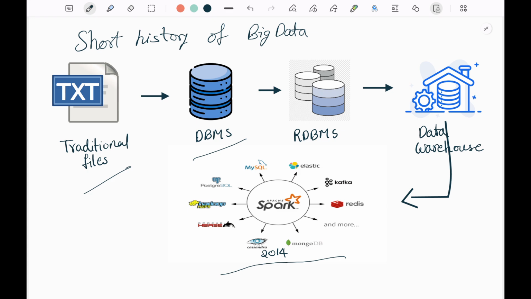Soon after, cloud computing platforms such as AWS, Microsoft Azure, and Google Cloud Platform emerged, making it easier to store, process, and analyze massive datasets without maintaining physical infrastructure. Platforms like Databricks further simplified data engineering by providing a unified environment for data processing, analytics, and machine learning. Today, big data has become the foundation for advanced analytics, automation, and artificial intelligence.